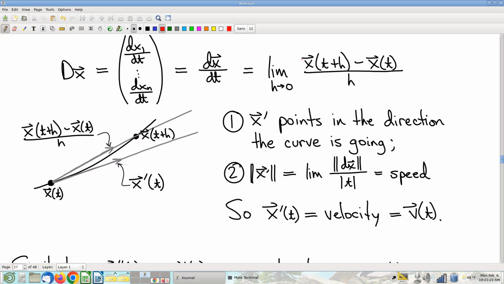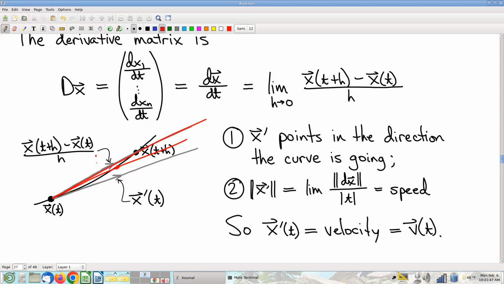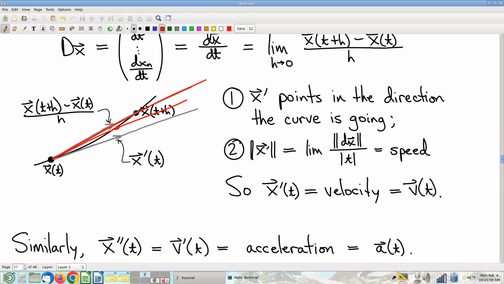Notice that the direction that this overall vector points is always parallel to that secant line defined by the 2 points in question. So the only thing that we expect to really be changing significantly is the direction that it's pointing. And as I get closer and closer on the curve, anyway, you get the idea here. As you get closer and closer on the curve, these secant lines are going to become closer and closer to